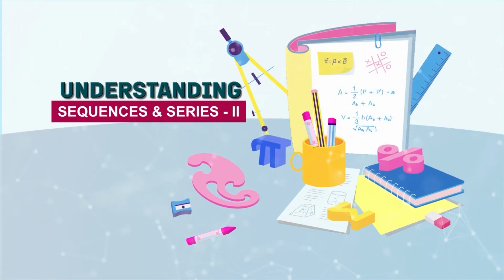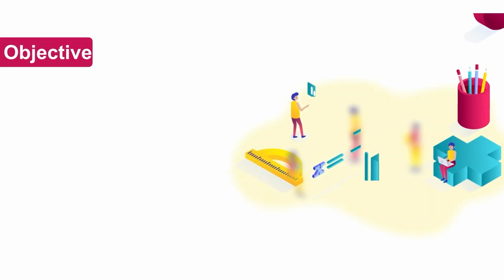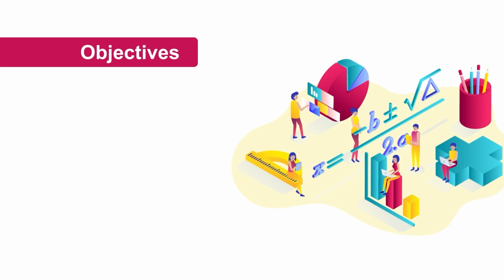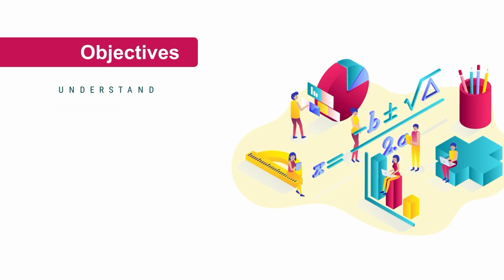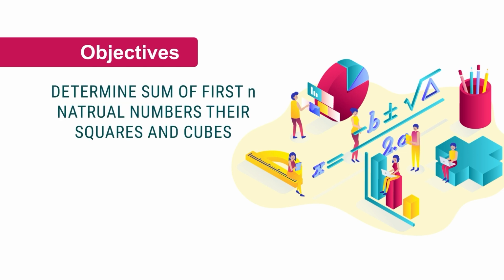Today's session is about sequence and series, and this is a continuation of our earlier session wherein we covered arithmetic progression and geometric progression. In this session we are going to cover arithmetic geometric progression and harmonic progression. So the objectives of today's session are to understand arithmetic geometric progression and harmonic progression. Apart from this, we are going to learn how to determine the sum of the first n natural numbers, their squares